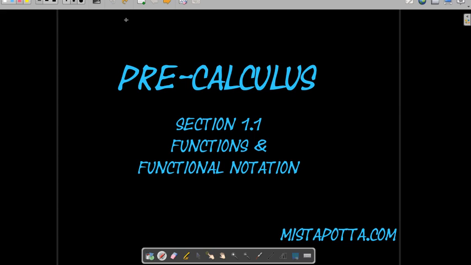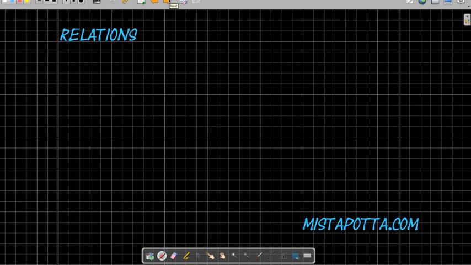We're going to be starting a new course on pre-calculus, understanding the math that we need in order to be successful in our calculus course. And we're going to start by talking about functions and functional notation. But before we get into that, I really need to get into the concept of what a relation is. So a relation